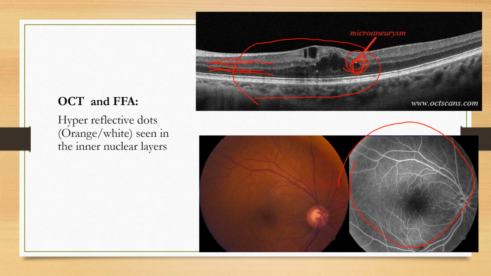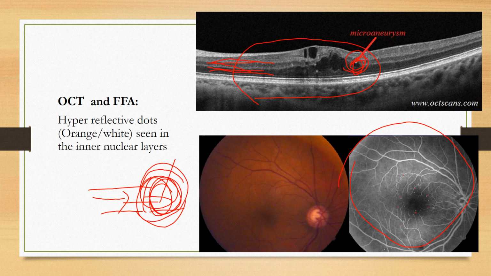Why is the microaneurysm seen as a hyper reflective dot? Because we are just injecting the fluorescent into the bloodstream, and normally it just goes in. Whenever there is a bulge, which is a microaneurysm, there is a pooling of blood inside. So this area alone will look like there is too much fluorescent within it. That's why these areas look like extra hyper reflective dots. This is the reason why it is easily appreciated in fundus fluorescein angiography.